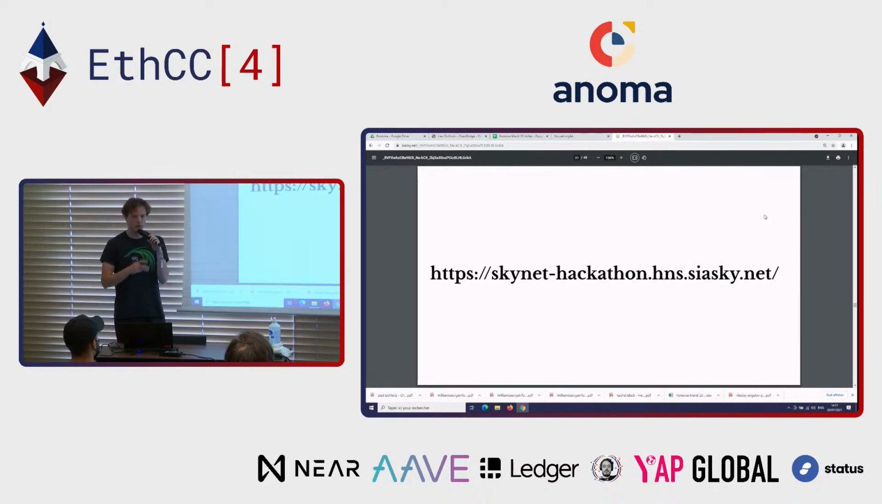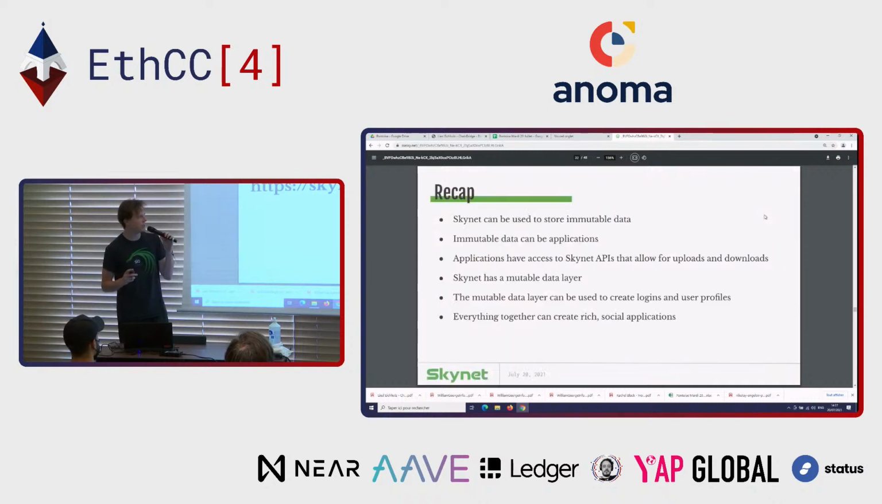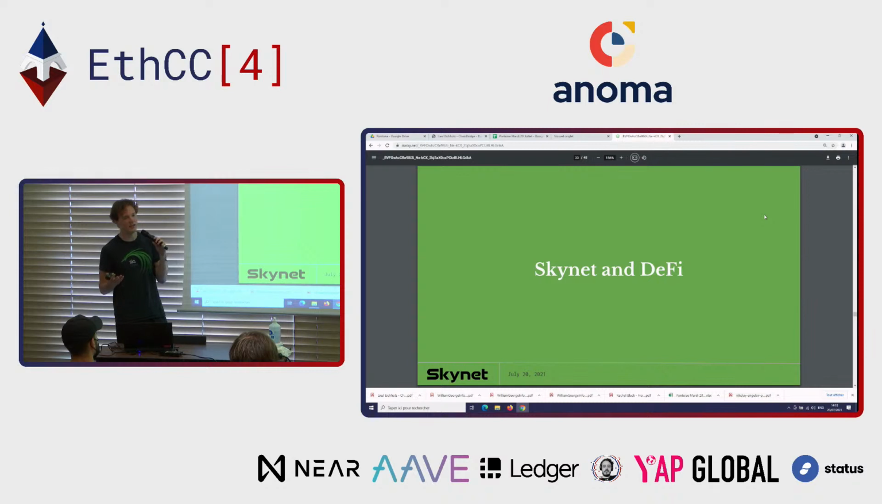Okay, so we've gone through all of the primitives that we need to. We can talk about decentralized applications. Just as a quick recap, we can store immutable data. That immutable data can be applications. The applications have access to APIs. We also have mutable data that allows us to store things like avatars and persistent user state. When you log into MySky from any machine, you get just the previous state. So it's a really nice seamless cloud. And then you can build all this together to build rich social applications,